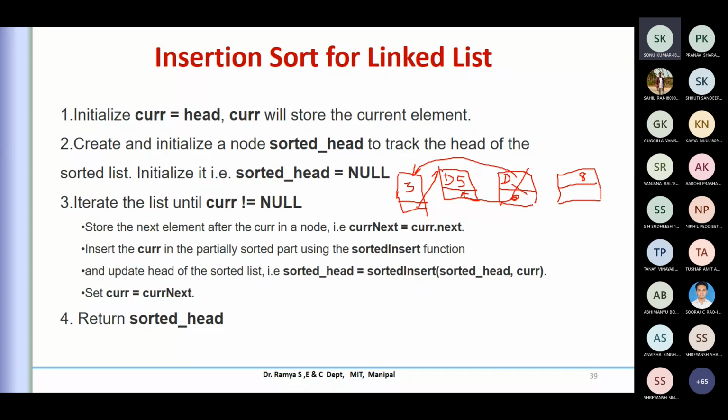Please answer. Consider I have the 3 here, and I have the data value 5, and the next linked list node value is 8. In this case, I don't require any swapping or shifting, because it is in order, in ascending order. So I need not change any pointers. The current is just moved to this value, and it is going to be the next node in the linked list. That's all, because I get an address from here.